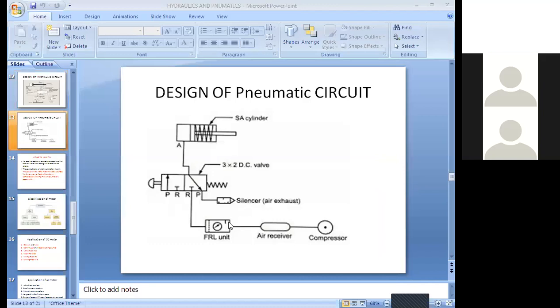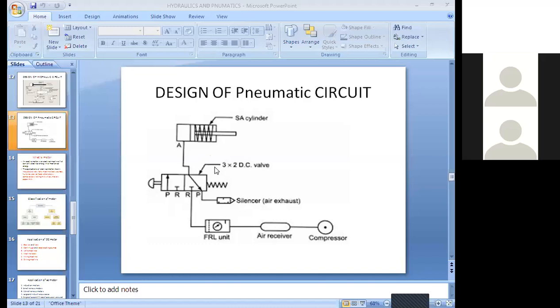Okay, see here. After the FRL, again the same four-way, two-position direction control valve as shown before is there. P is from the pump, or here the compressor, and that will enter, and R is the receiver. R appears two times and P two times, because one side the fluid enters for the left-way position and the other side for the right-way position.